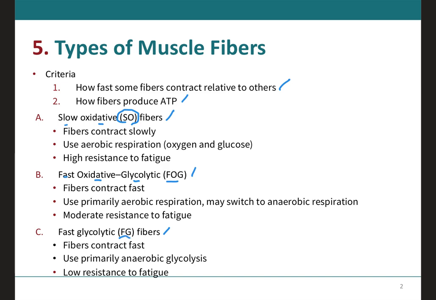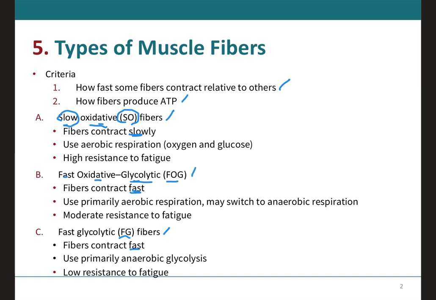Now, if you pay attention to the names, they will tell you exactly how fast or slow these fibers contract. There's only one that's called the slow oxidative fibers, which will contract slowly, like the name says. The other two have fast in their names, so this means that they will contract fast, especially when compared to the slow oxidative fibers. And the next term, which is either oxidative or glycolytic, will tell you exactly how the ATP